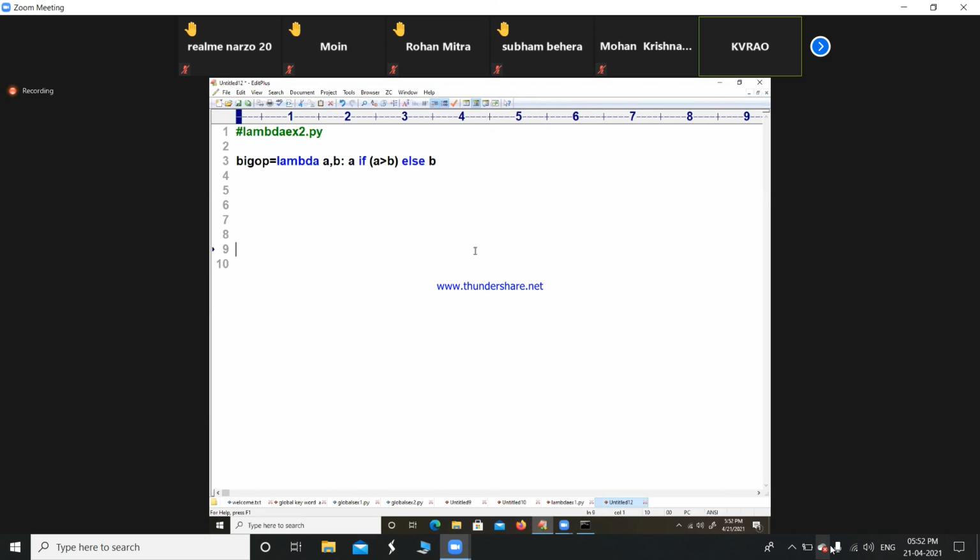Okay, finished. Now the main program. X is equal to int of input of C1, enter first number. Next I am taking Y, enter second number.